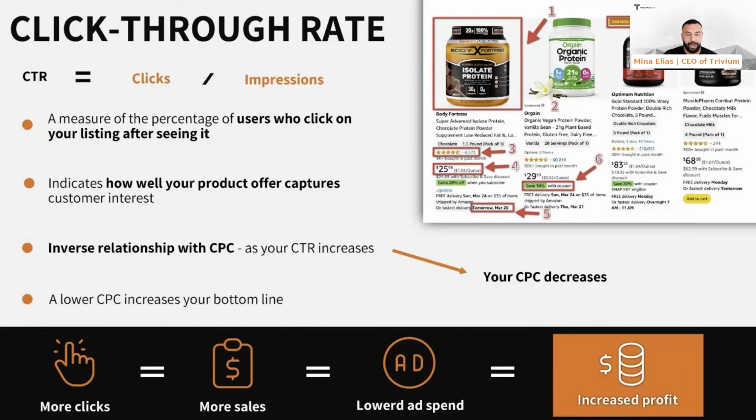Better click-through rate you're going to have. Price and price per. So price is important because shoppers are very, very interested in price. And then the price per ounce or price per pack or price per whatever, that's another big one, because sometimes